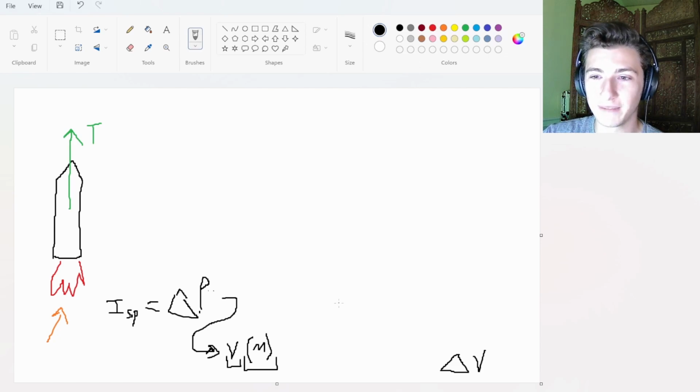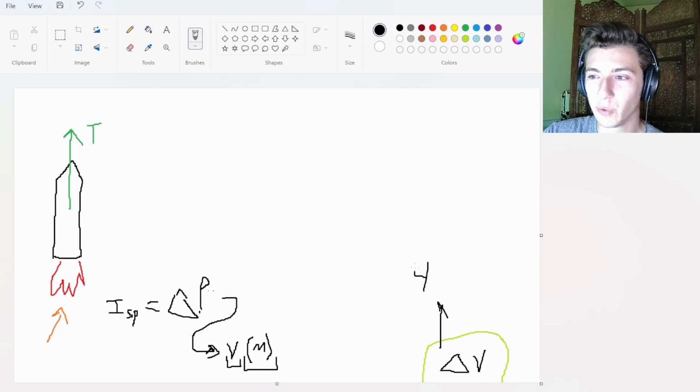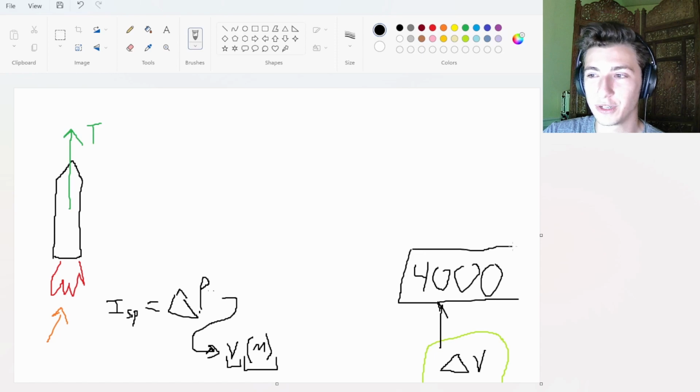Now when you design a rocket in KSP2, what you're generally going to look for is your delta V value. We'll circle that in green. So you want to shoot for certain values of delta V depending on what your objective is. In this example, we're just going to try to get into orbit, and the game actually will give you a calculator for how much delta V you need. But to get into orbit, you need roughly 4,000 delta V. And remember, delta V stands for change in velocity, and it's measured in meters per second. So this is essentially 4,000 delta V is how much power, how much ability to change velocity we need to